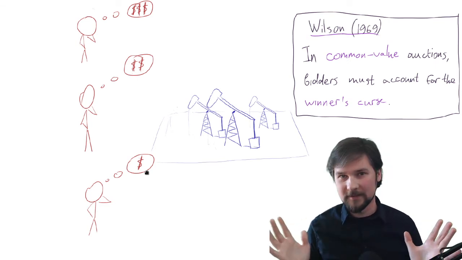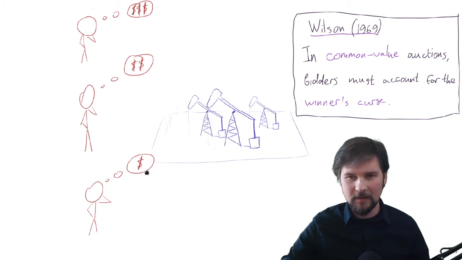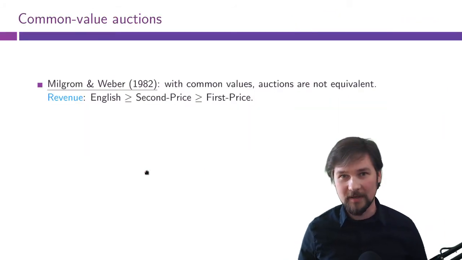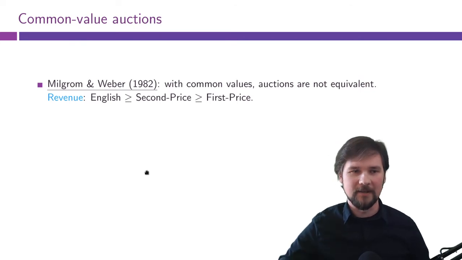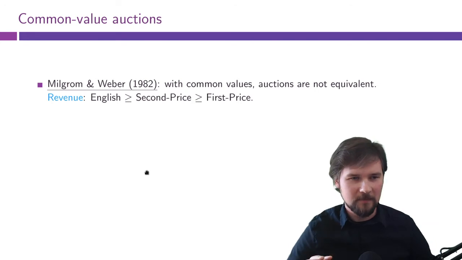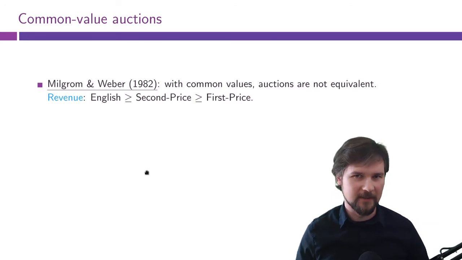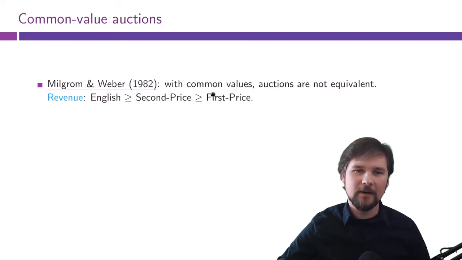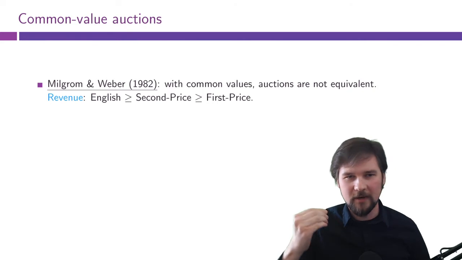And this is the big idea. Then enters Paul Milgrom, who was, by the way, Bob Wilson's student back in the day. Paul Milgrom took this idea and applied it to many different settings. For example, in his paper with Bob Weber in '92, they argued that in auctions, whenever a common value component